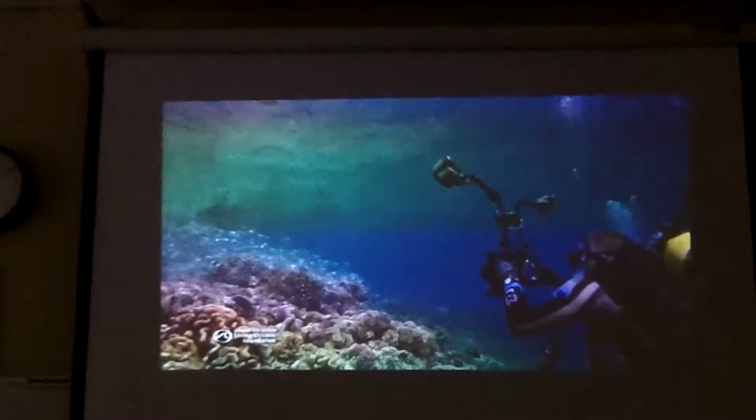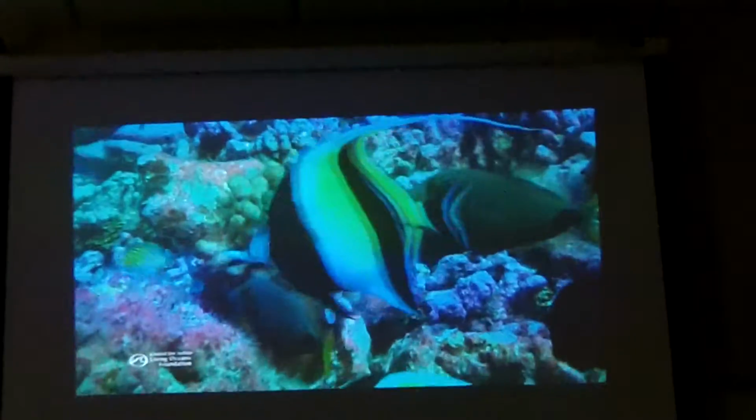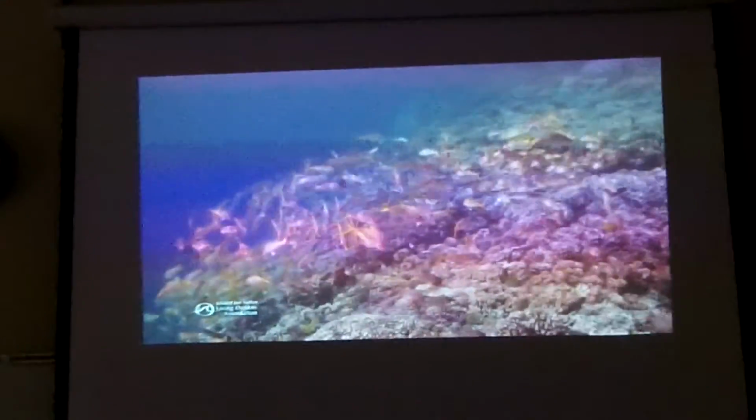Understanding the different zones in coral reefs contributes to our appreciation of the whole ecosystem, one of the most diverse and productive on